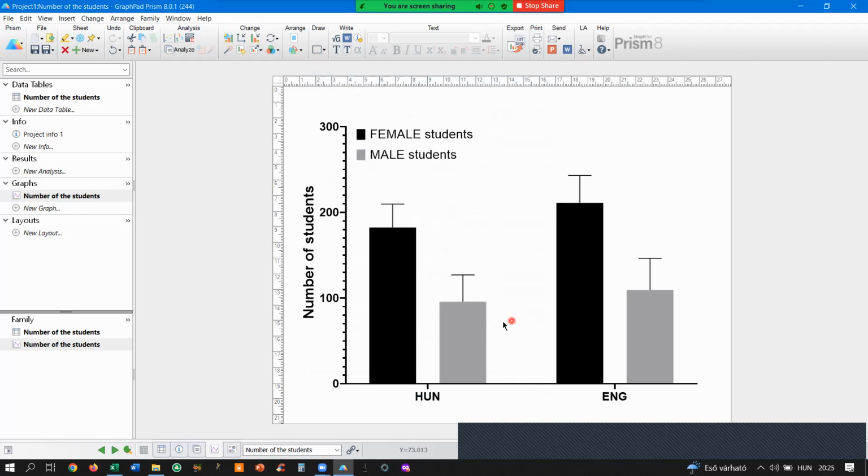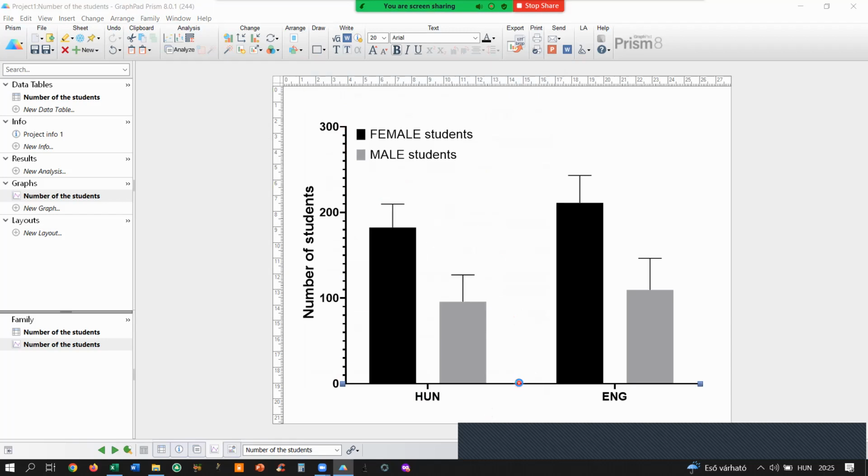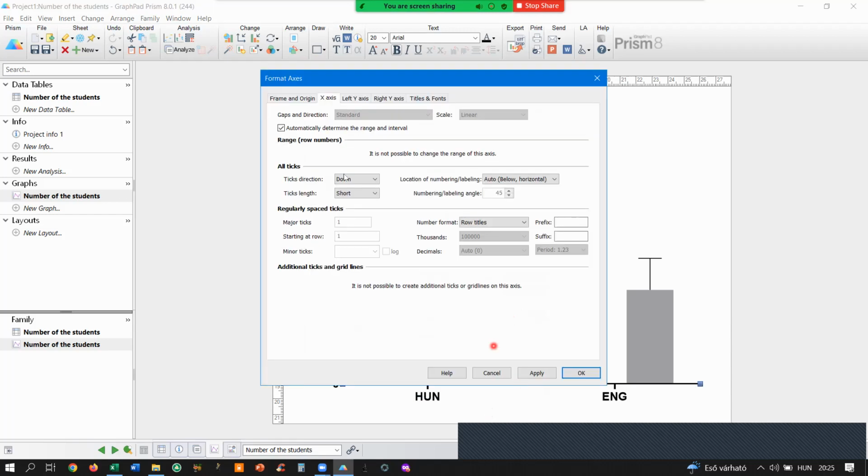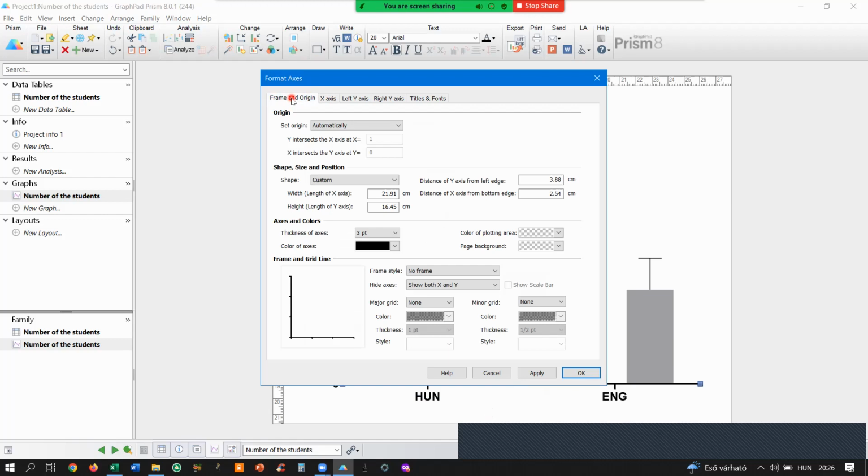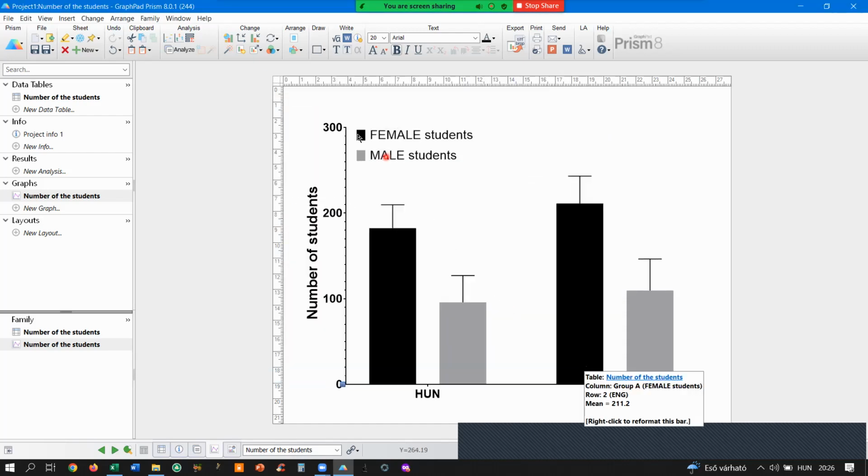Besides, we need to change the thickness of the axis too, because if it's too big or too thick, it would be a problem when you are making a figure. So double left click on the axis, and then the program shows you the format axis surface. We need the frame and the origin, and then you need to have the axis and colors, thickness of axis, which is 3 points now, but I'm going to change it into 1 point. And then I click OK. Now my axes are more sharp, I would say, or